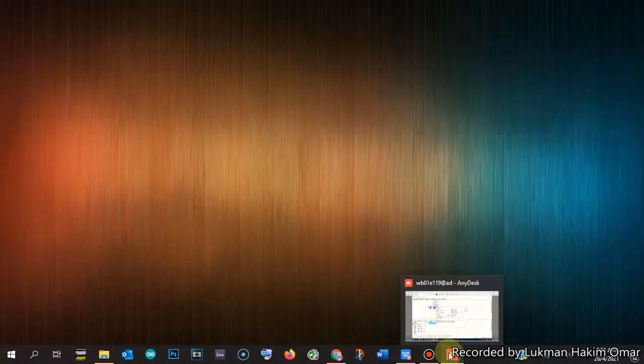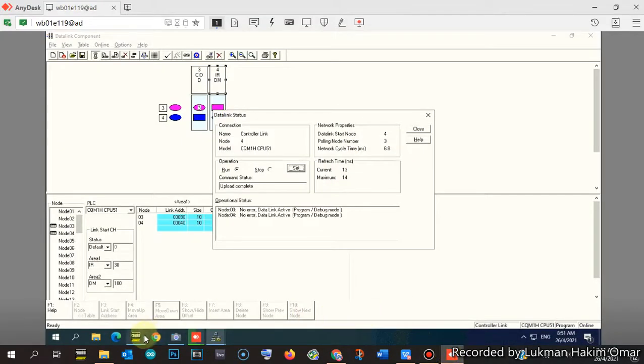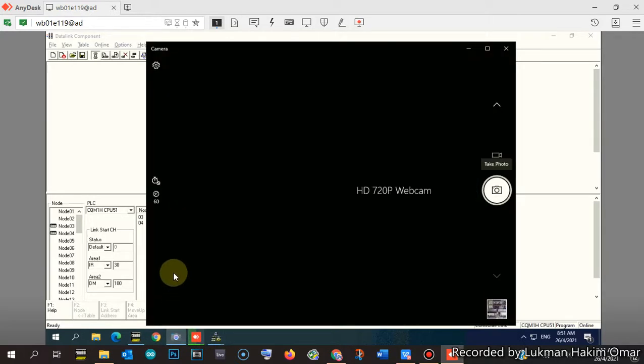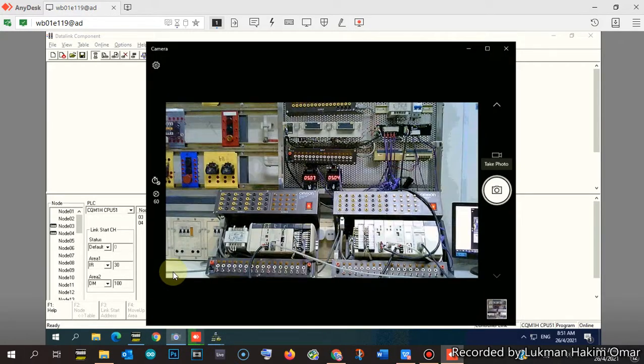Maybe we can open the camera. Normally if you are in the lab, you can see the LEDs, the indicator lights of the control link. Here also we have an indicator light. All the indicator lights are on, showing and not blinking, which shows that the control link is running.